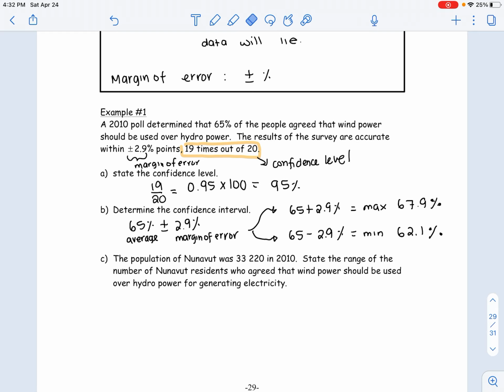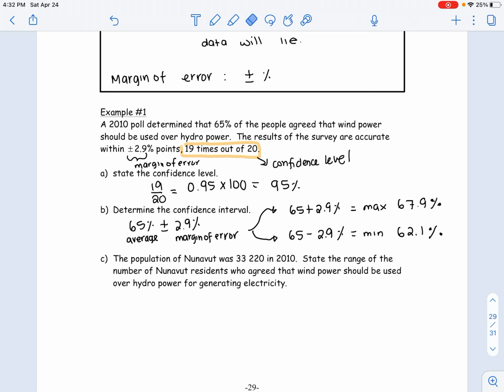Remember, range is where you have a max versus min kind of idea, so that's what they mean by range. Good. So use your percentages from B, change them to decimal value, and multiply by the population in this case. And you'll see that the other ones are really similar, so you'll get it by